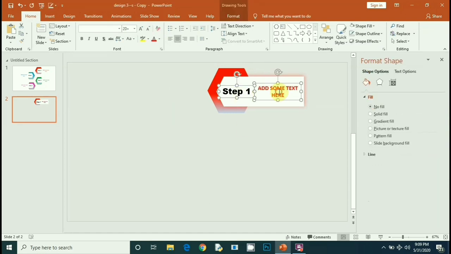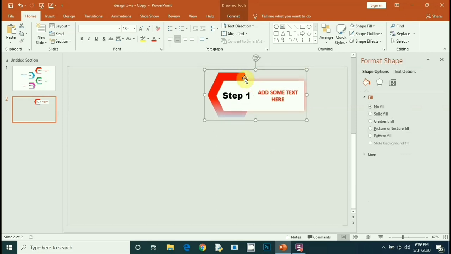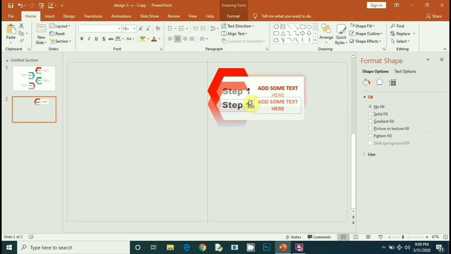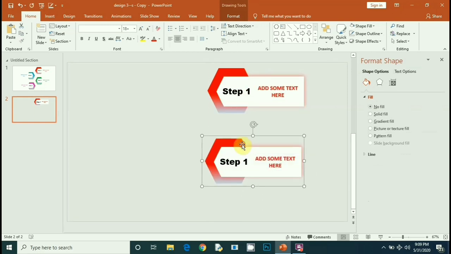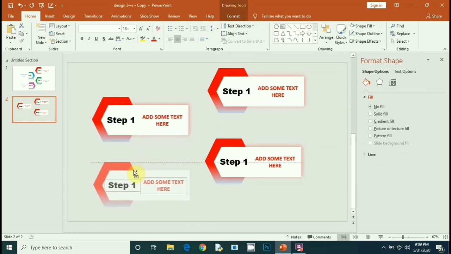Now we select all 4 elements and press Ctrl G to group them and make a copy of the previous shape. We make 3 more copies.